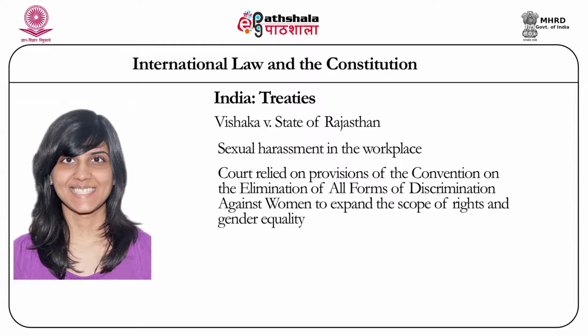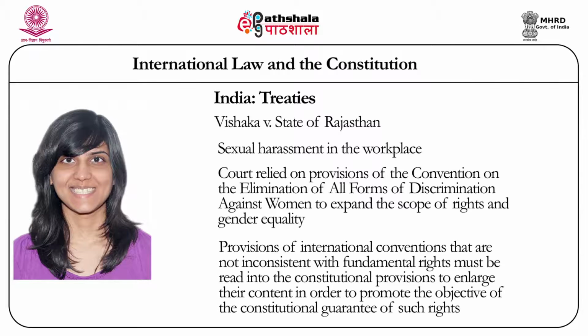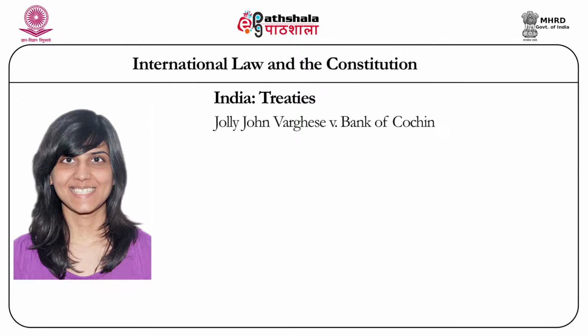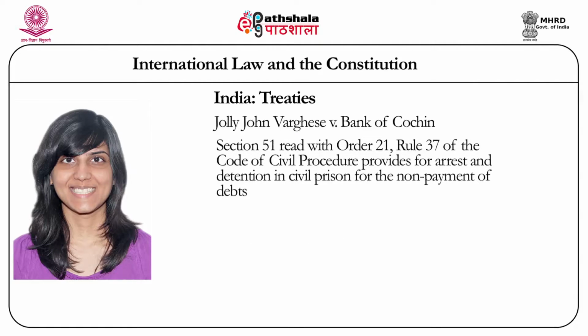Justice Verma argued that provisions of international conventions that are not inconsistent with the fundamental rights must be read into the constitutional provisions so as to enlarge their content in order to promote the objective of the constitutional guarantee of such rights. The second case is Jolly John Verghese, which dealt with Section 51, read with Order 21, Rule 37